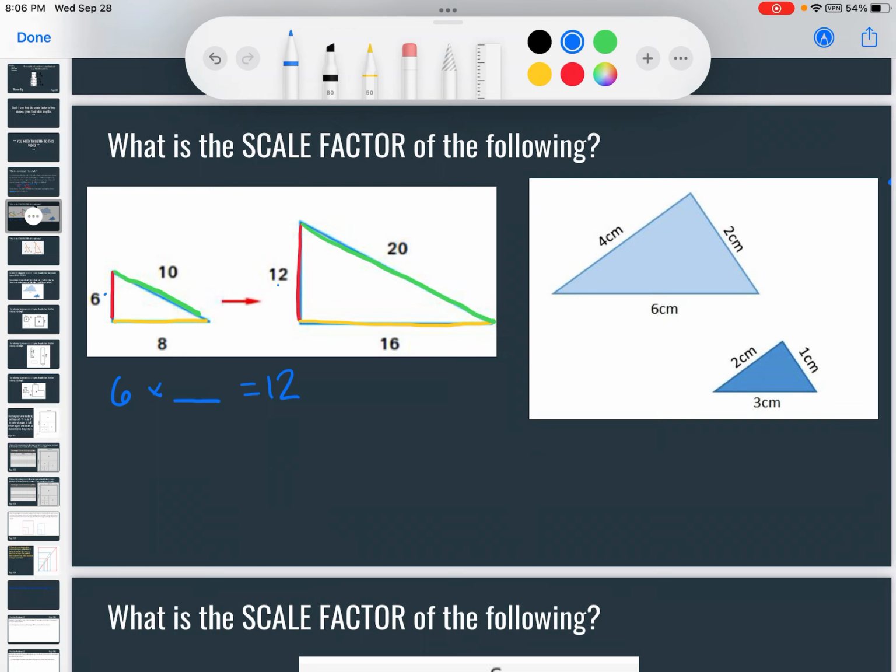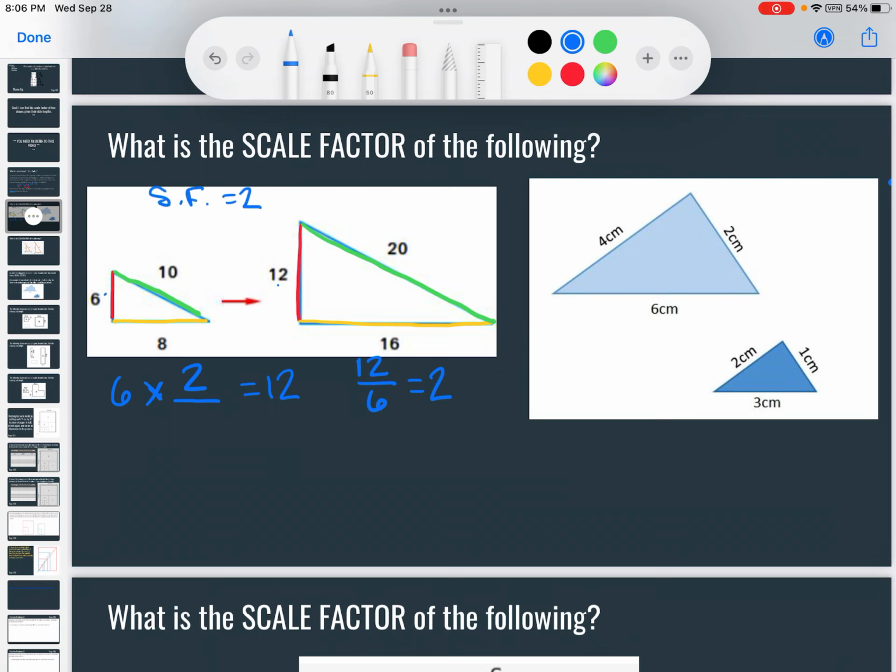And to figure that out, if you don't know that right away, okay, some of us probably know what that is right away, you're going to take your ending divided by your beginning. So I'm going to do 12 divided by 6. What is 12 divided by 6? Well, 12 divided by 6 is 3. Not 3. Oh my goodness. 12 divided by 6 is 2. So I figure out that 6 times 2 equals 12. So my scale factor